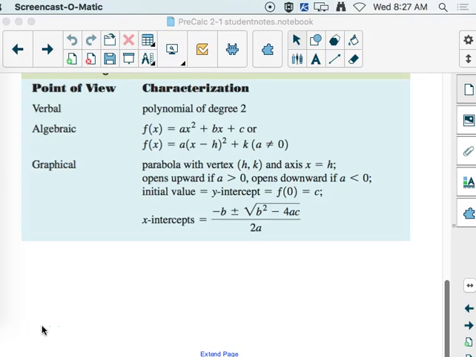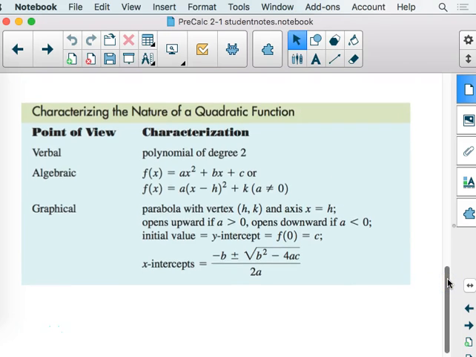Alrighty, so yesterday, the last thing that we made it through was this little box. I just wanted to revisit this again, where we're talking about characterizing the nature of a quadratic. And what we want to remember is all of this comes from, we collect a bunch of data, and then we notice, hey, when I look at the scatter plot, this does not look like a line. This looks like a parabola would fit this much better. And so we'd start talking about how we really probably should use a polynomial of degree 2, a quadratic, as